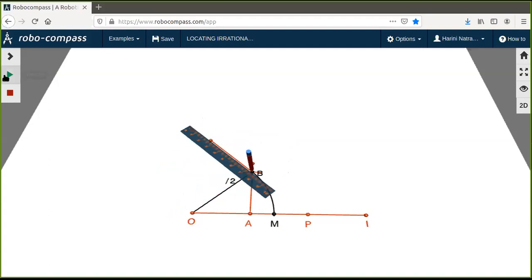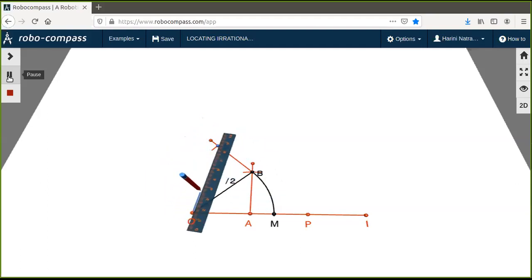So once your hypotenuse is ready, the same step should continue. You should take a unit length. That is, OA is the length you should take. Keep your compass at B and cut an arc. So you got the unit length there. Now that point of intersection has to be named. We name it as some, say Q. So once Q is located, join that Q to your O. So that step is done. So you have the second right triangle constructed now on the hypotenuse of the first right triangle. So triangle OBQ is sitting on the hypotenuse of the first right triangle. So the base of the second triangle is nothing but the hypotenuse of the first right triangle.